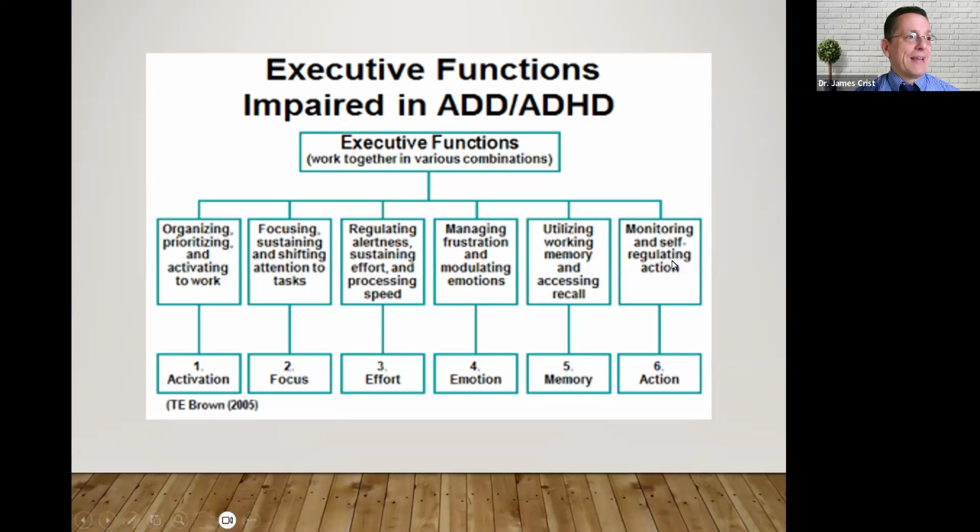Another example of something that helps kids with ADHD, if they're having trouble putting their clothes back in the proper drawers, is to cut out a picture of what belongs in that drawer and put it on the front of the drawer. That makes it easier. It's one less step that kids have to take to remember what goes where.